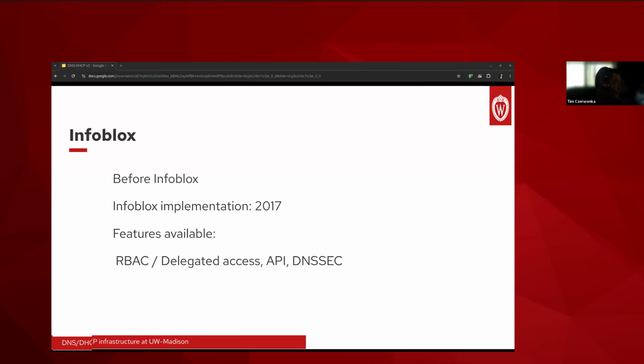Some of the goals of the Infoblox project were to streamline DNS and DHCP maintenance, enable campus departments to maintain their own zones in a central system rather than have their own infrastructure, to provide API access, implementing DNSSEC, which we'll talk about in a little bit, and also to increase redundancy to support continuity of operations. So I think that the project has delivered on the goals of enabling a lot of departments to turn down their local DNS and DHCP services and independently maintain their records within the Infoblox environment,